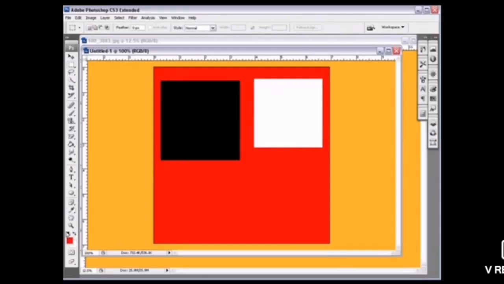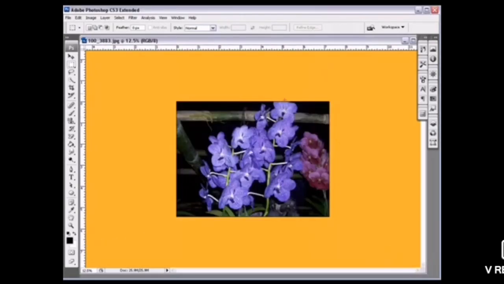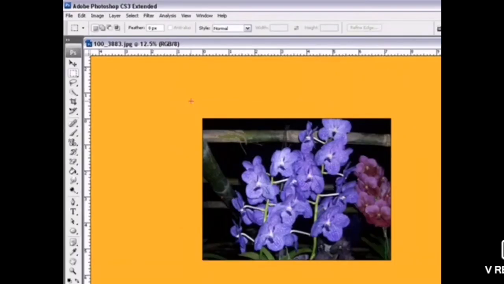Now once I have selected the foreground color, I can choose whichever color I want. The same goes for the background also. Once I select the background, whichever color I want for the background, I will get that color in my background. So this is the way I can insert shapes into my workspace, and I can add the background color and foreground color. Now I'll close this. Now let us move further with the bucket tool.